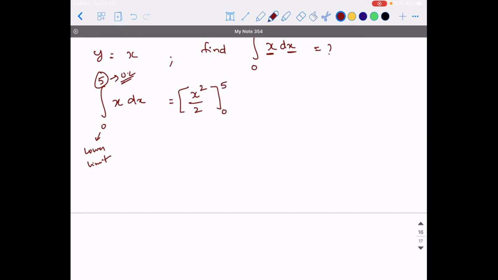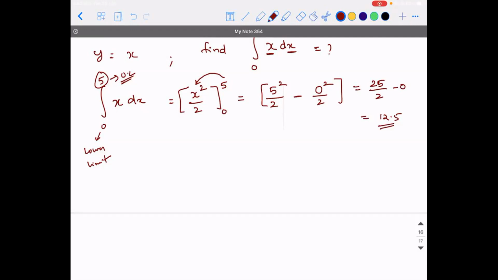Okay. After this, what you will do is substitute the upper limit in the variable. x is a variable here, right? So substitute the upper limit, 5 squared, the constant you leave as it is. So upper limit in the place of x, by default a minus sign, lower limit in the place of x. Okay. 5 squared by 2 minus 0 squared by 2. That will give you 25 by 2 minus 0. Answer is 12.5. Okay. Is it clear till this step?